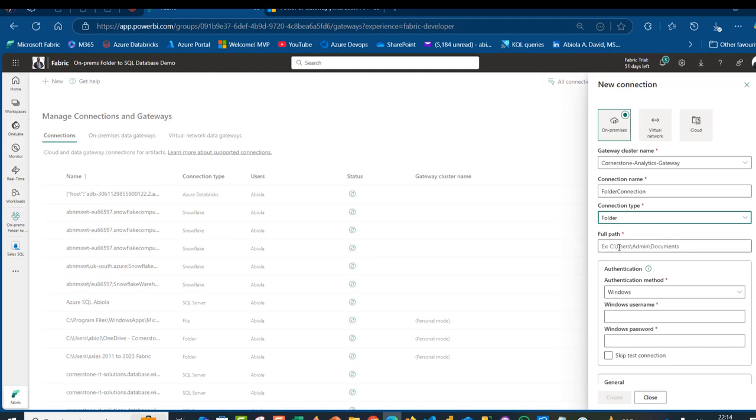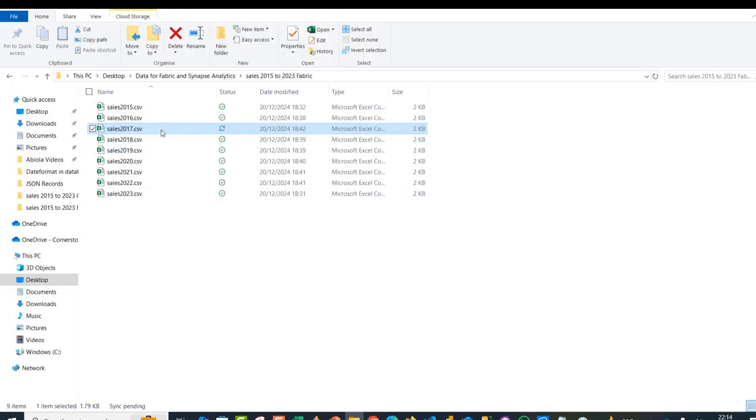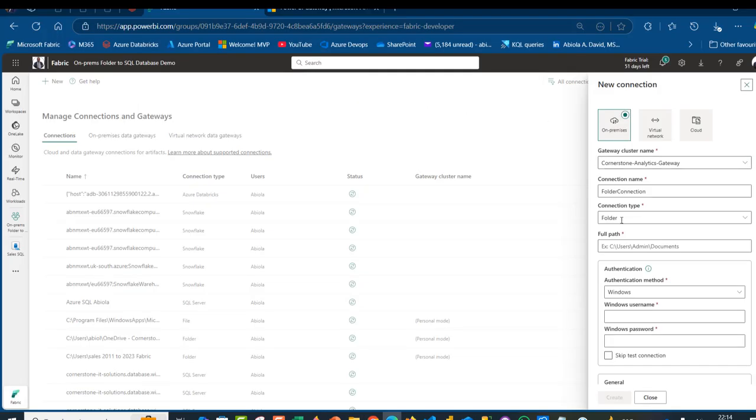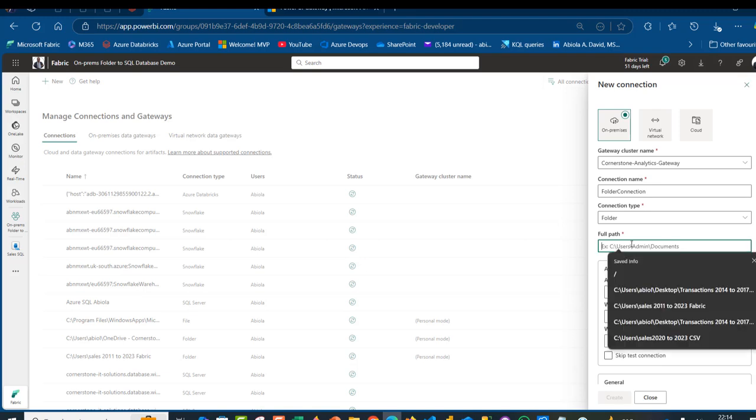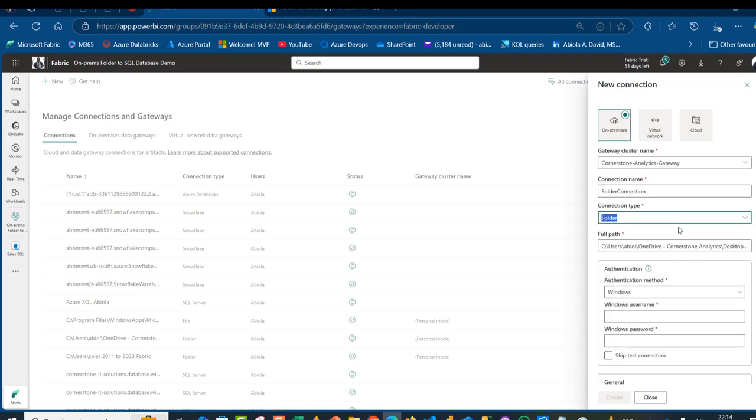Now, this is not going to work, so I'm going to show you that. So for the full path of the folder, I'm going to come back here and make sure I'm inside here. So just click on this open space and it's going to be highlighted. I'm going to press Ctrl C to copy, go back, and come to this full path. Control V to paste, and then for the authentication kind, this is going to be restricted to Windows,